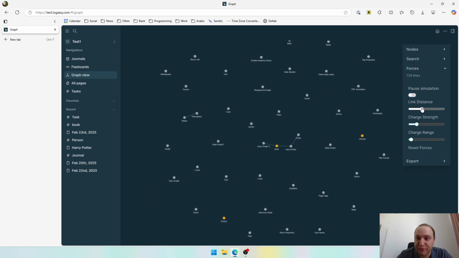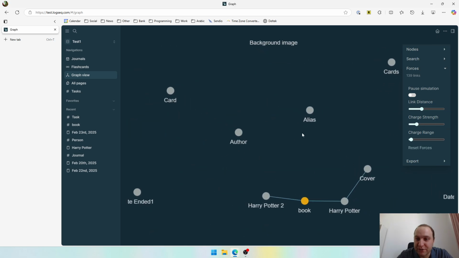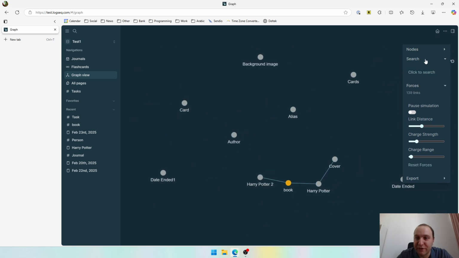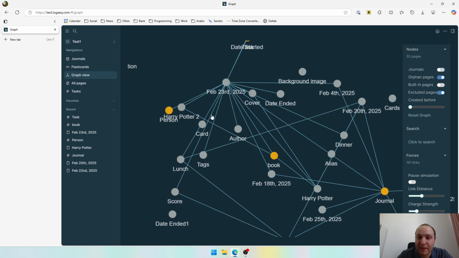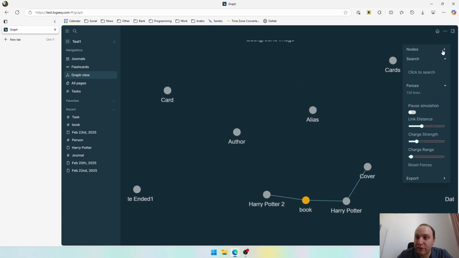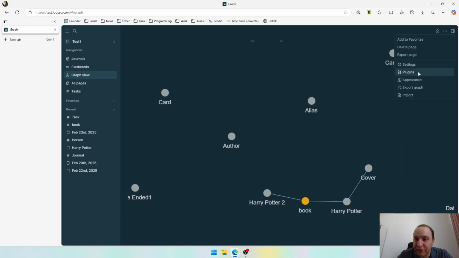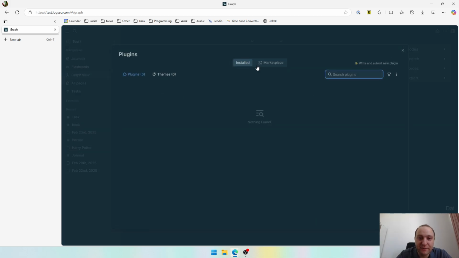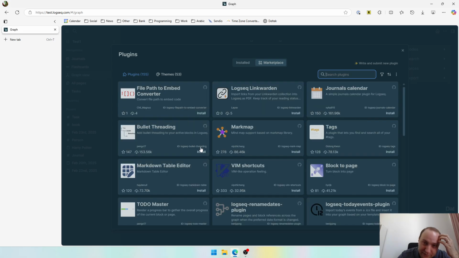You can play around with the forces, charge rates, whatever that is, and various different things, and which nodes appear. Do you want the journals to appear or not? So very similar to as it is in just a normal Markdown one. There are also plugins that you can add in. So there's only a few for the time being. In fact, there's quite a lot, but I don't think most of these have been refined to be